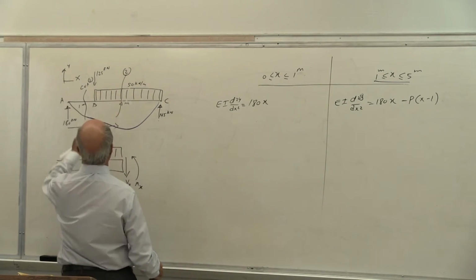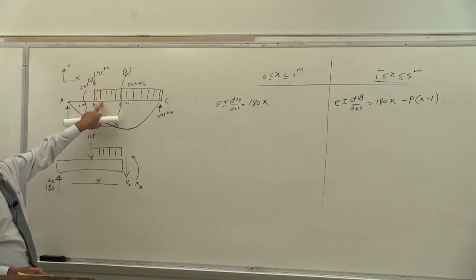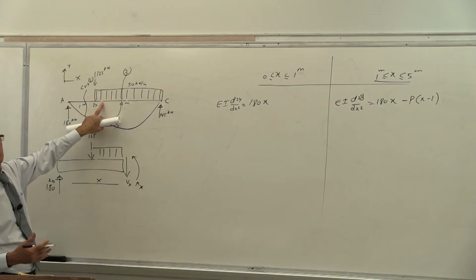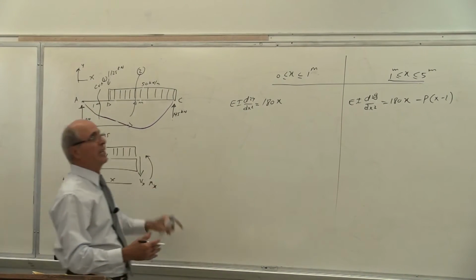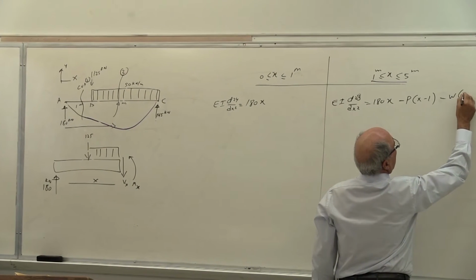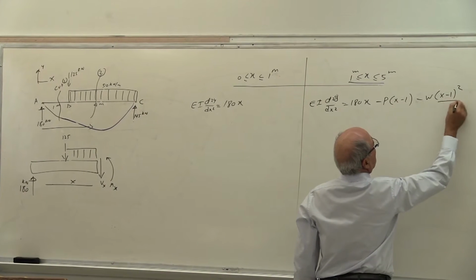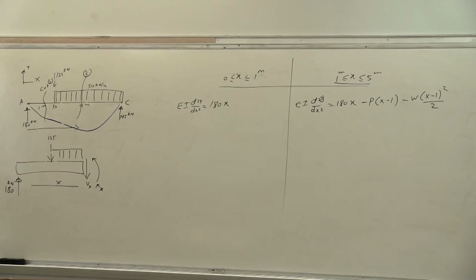But at the same time, at the same point, aside from them, we have a uniform load. You see, uniform load should be a parabola, wx squared over 2, yes? But x starts from here, not there. Everybody understand that. Therefore, it will be minus the same thing, w times (x minus 1) to the power of 2 over 2. So that is your system that you used in your singularity method. If any of you use a little bit of singularity, you will realize that's the case. Is that correct or not?